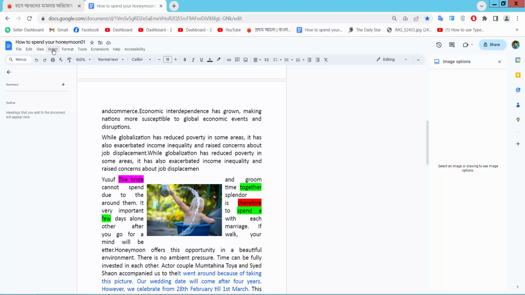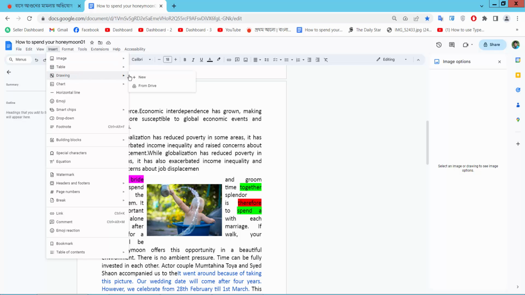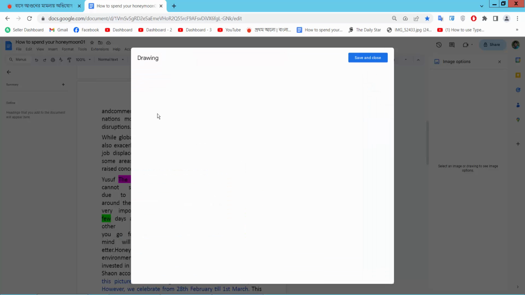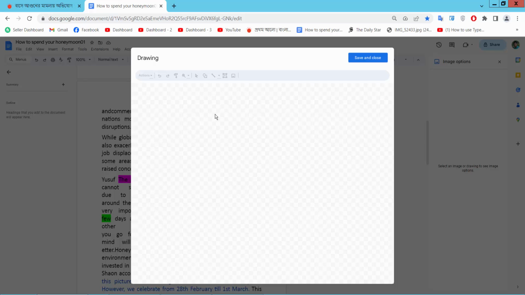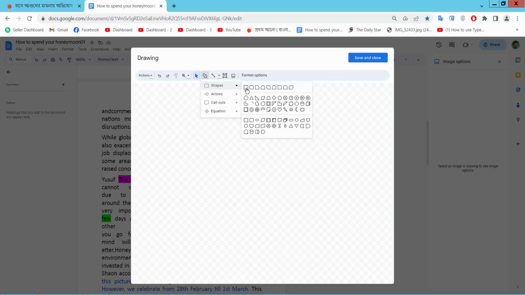Click on this insert option and select a drawing option, and select new option, and click on this shape icon. I will draw a rectangle icon